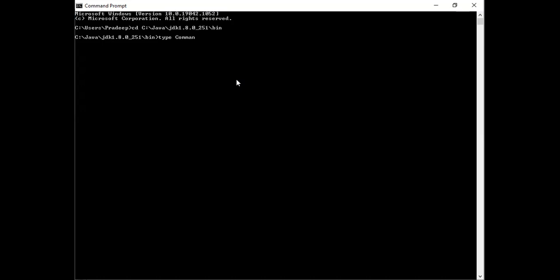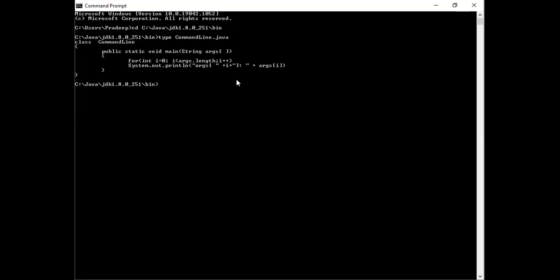So type commandline.java. See, this is the program. Type is a command which is used to display the contents of a file. Not only Java, whatever file it is, you can display the contents of the file on the command prompt by using the command called type.